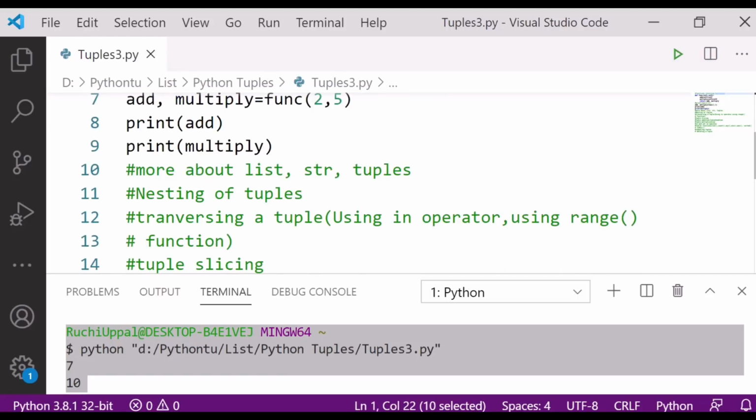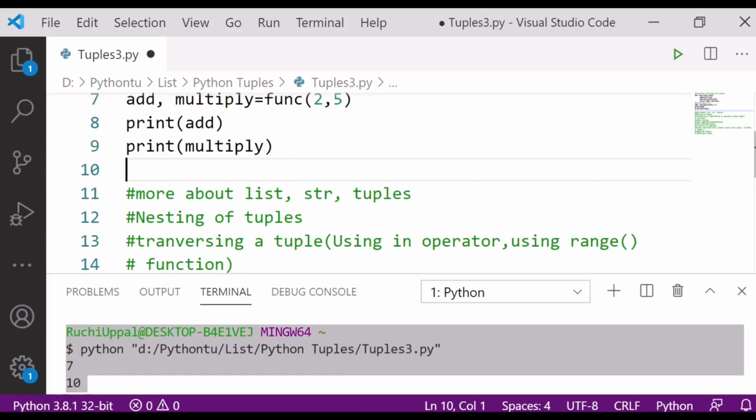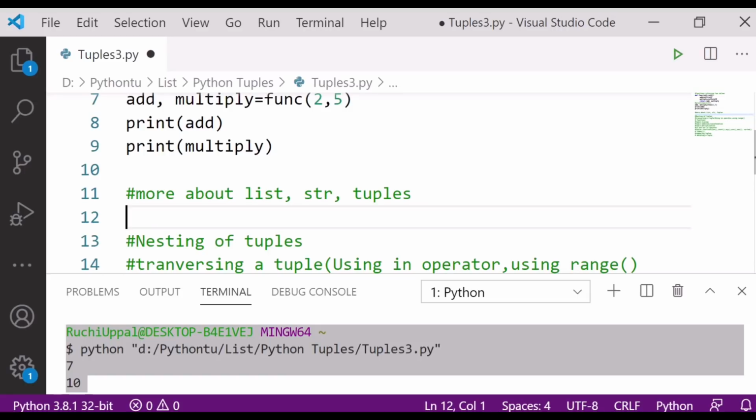Next is more about list, string and tuples. Let's see what I am going to tell you about this. Suppose I have to find out the range of values between 1 to 10, or you can say 1 to 12. How do I get that tuple?